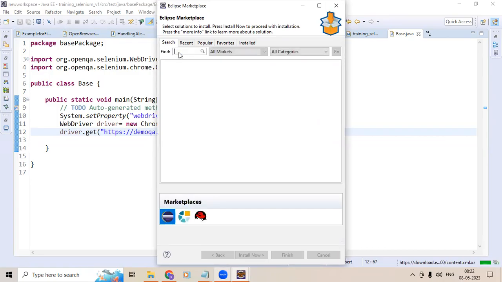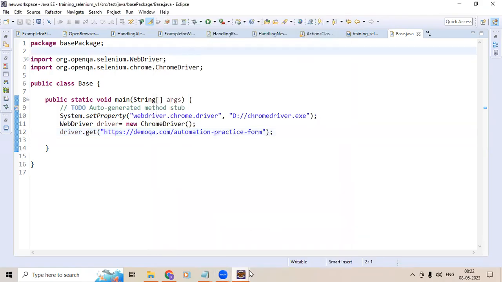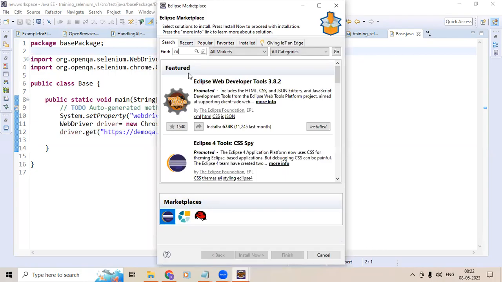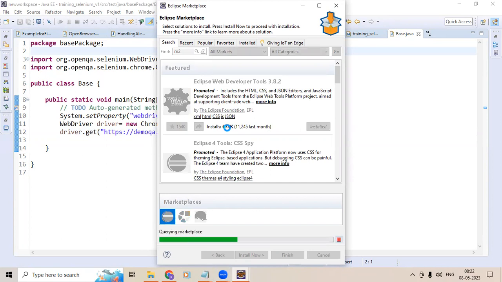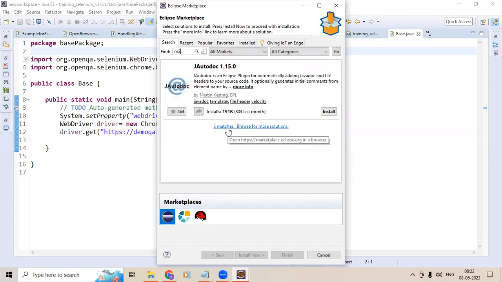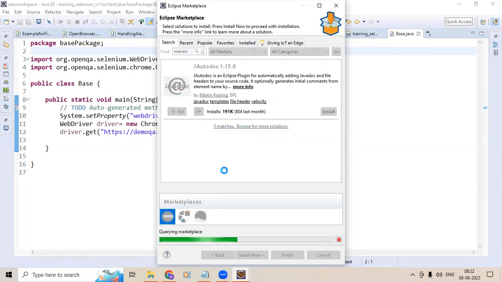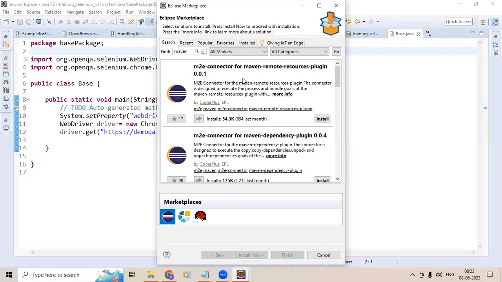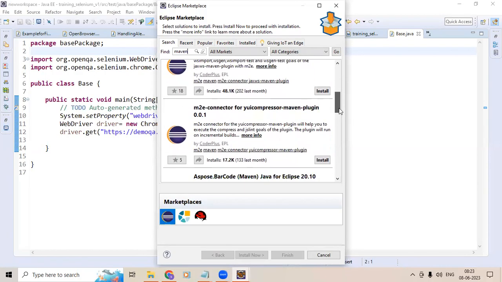Okay, just what you need to type is here in the search. I think it got closed. Okay, you need to type M2 and click on this search icon. It is showing something else, or otherwise you can type Maven. So this is the one, Maven Connect Remote, or otherwise, let me show you